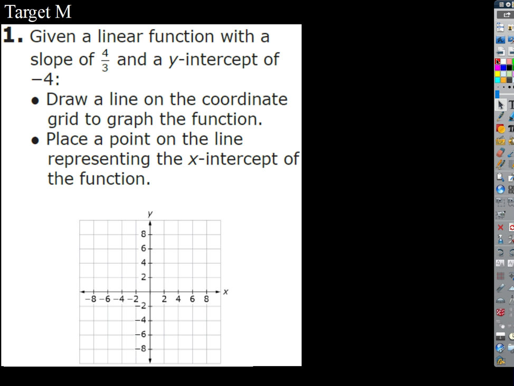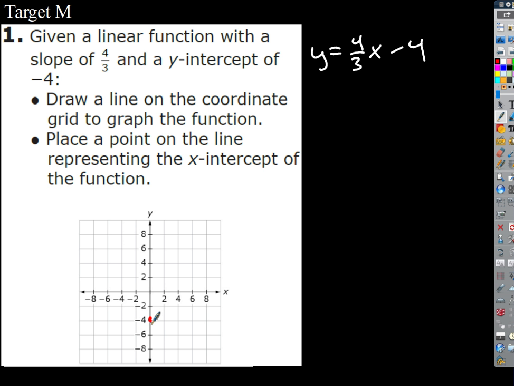Okay, so what about this one then? It says given a linear function with a slope of 4/3 and a y-intercept of -4. So if we wrote that in slope-intercept form, isn't that just going to be 4/3 x minus 4, mx plus b? Okay. But all they want us to do is draw a line on the coordinate grid to graph the function. Well, that's pretty easy, right? How do we graph a function in slope-intercept form? We start with the point that's going to be the y-intercept, right? So we start the line at (0, -4), the y-intercept,